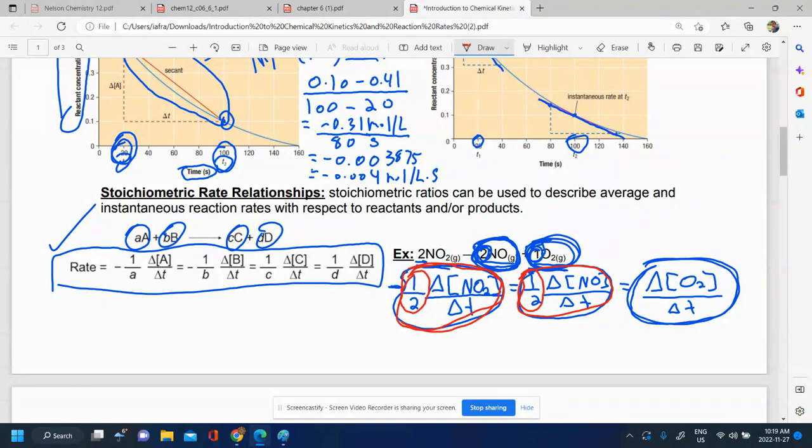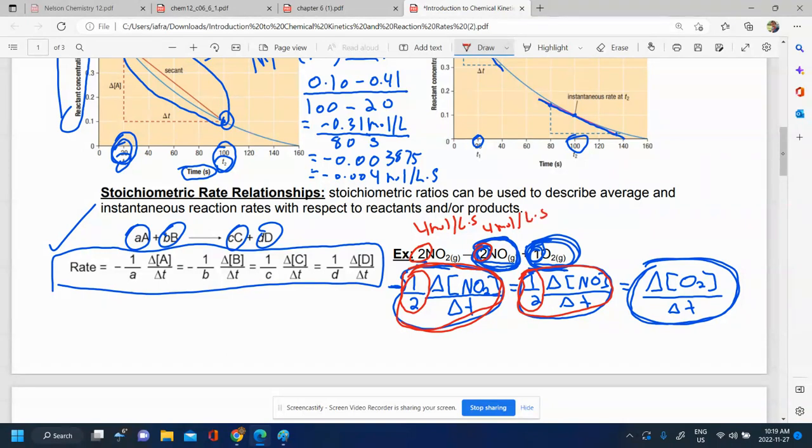So for example, I'm not going to do anything fancy with the formula right now. I'm just going to do something more conceptual for you to think about this. If I say the rate of consumption for NO2 is 4 moles per liter second, and I ask you what is the rate of production for NO, well, you can see it's a 2-to-2 ratio. In other words, 1-to-1. Therefore, the rate of production of NO would be also 4